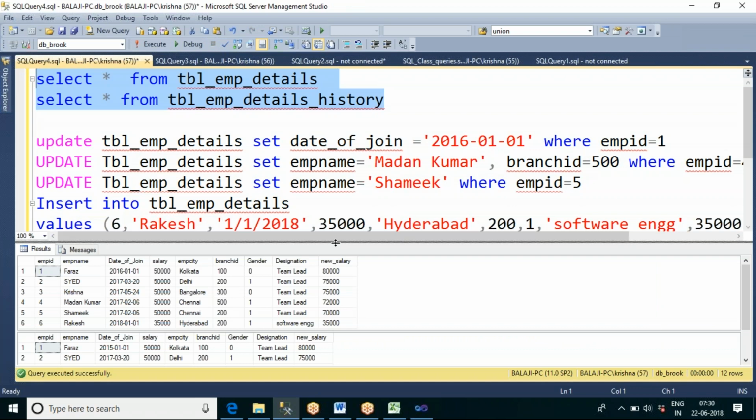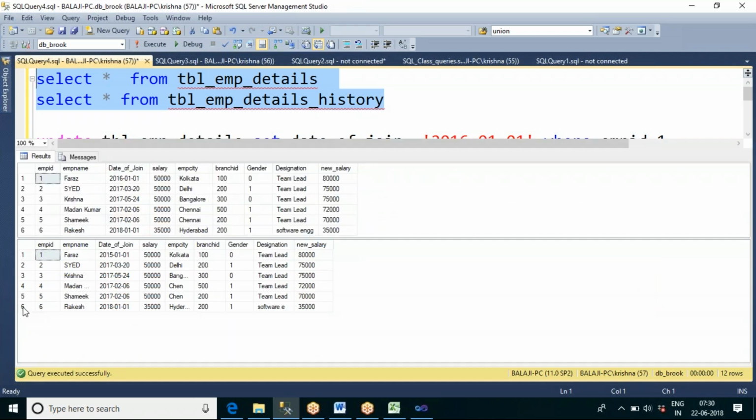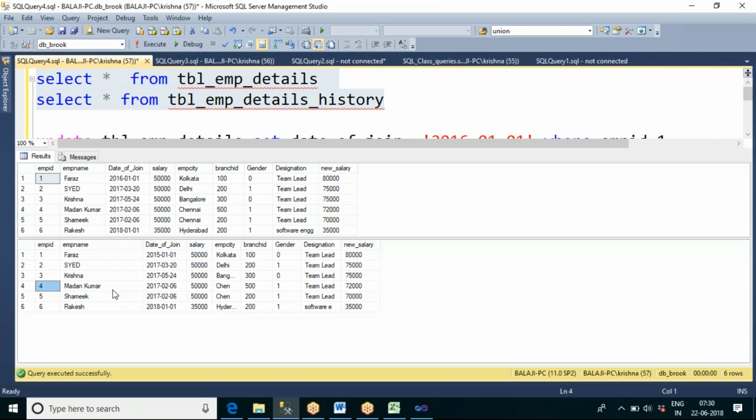Now we can see 6 records, one more record got inserted here, and for employee ID 4, it updated the name as well as branch ID. For employee ID 5, it has updated the name. So this type of change comes under SCD type 1. If any column change happens, it goes and updates the historical table.